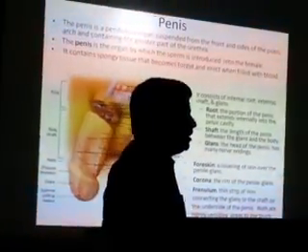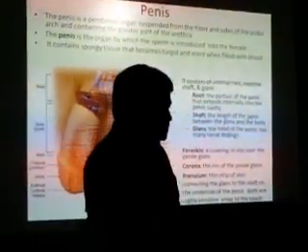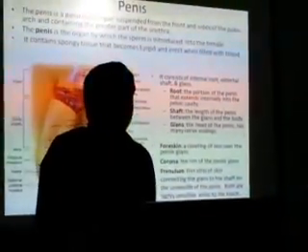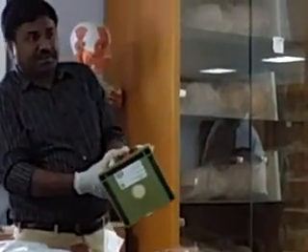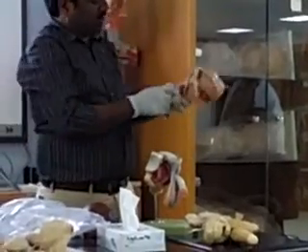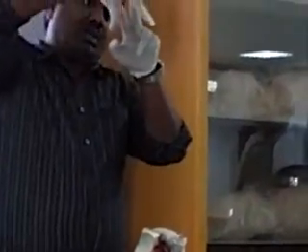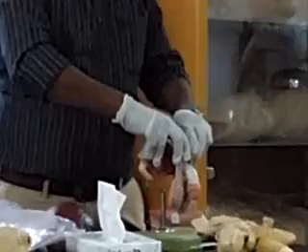Now the penis, as I said, is a pendulous organ suspended from the front and sides of the pubic bone. You already know the pubic arch. It is attached to the pubic bones, and this forms the root of the penis. This part forms the root, which is attached to the pubic bones or the pubic arch. The pubic arch is like this. Two cruras go and attach to the pubic arch, and in the center will be the bulb.